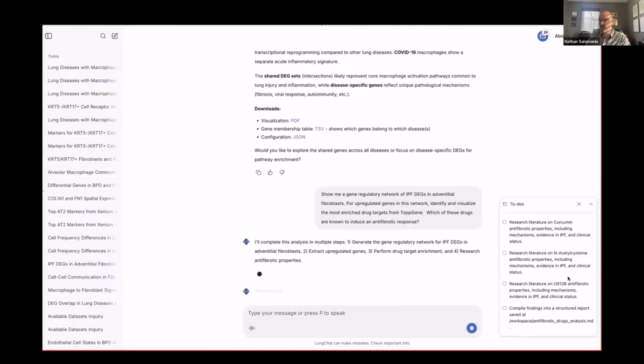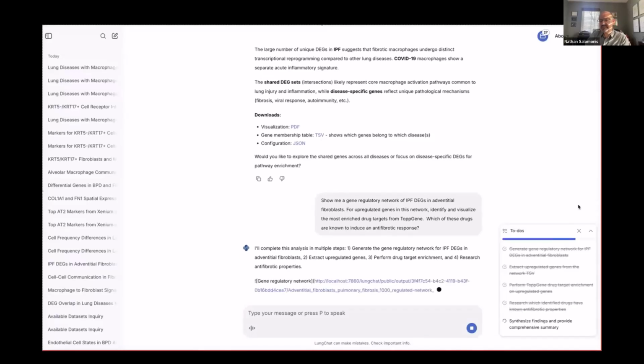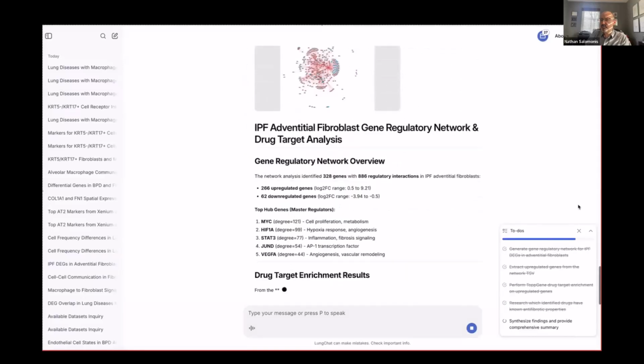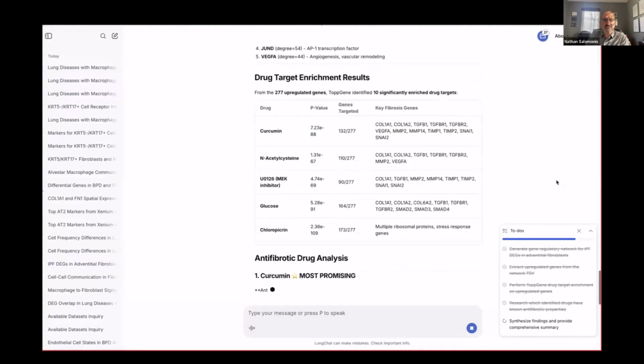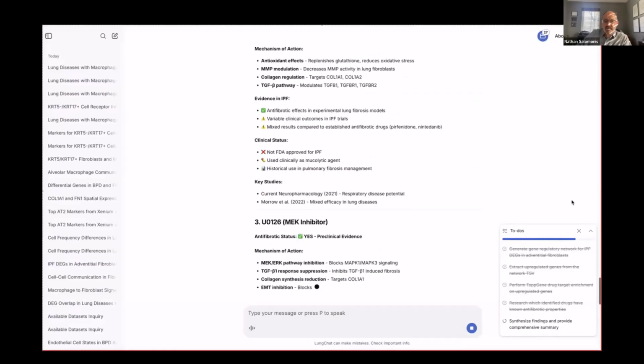So one of its hits is curcumin, and what are its antifibrotic properties, and specifically looking at the mechanism and its role in IPF, and the same for other compounds that it's found are also enriched among genes that are upregulated in this gene regulatory network. So it's performing more exhaustive research. And you can see that that list of results at the top of the interface is growing each moment. And so some of these queries like this, if you ask these multi-step questions, can take a little bit longer. But the output you'll get is basically a synthesis of results. So not only has it given you a network, and I'm going to actually go back.